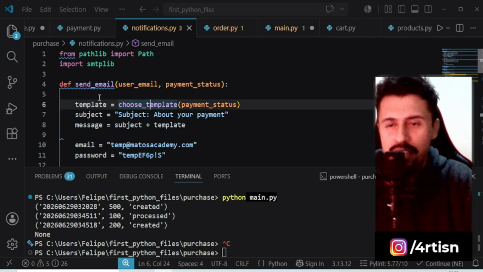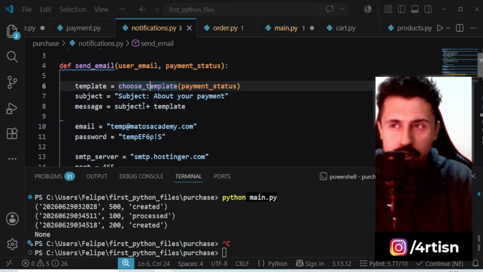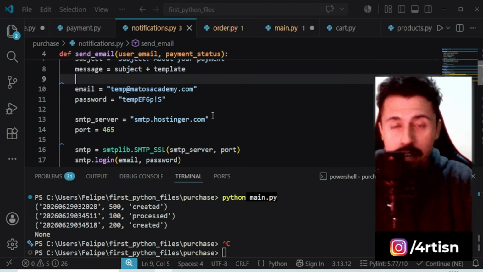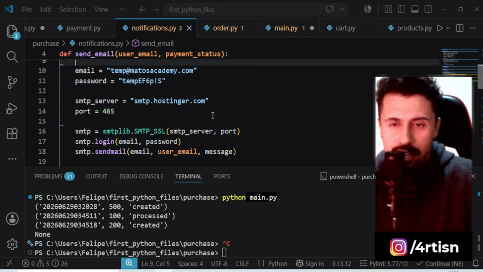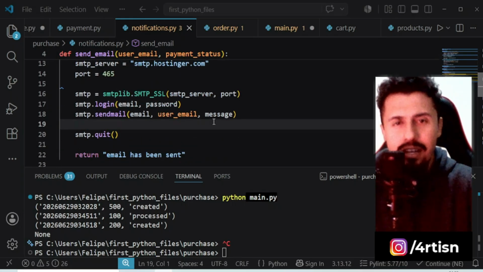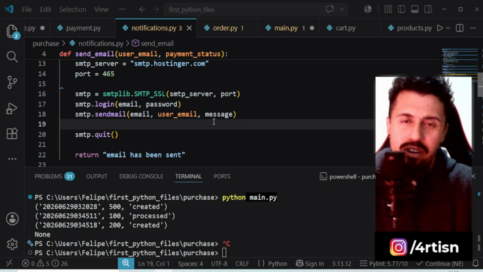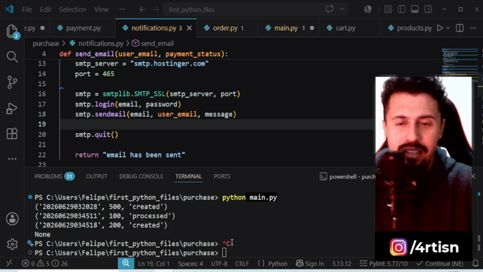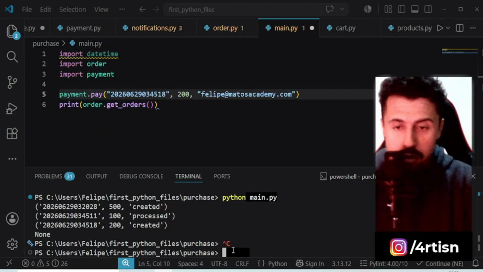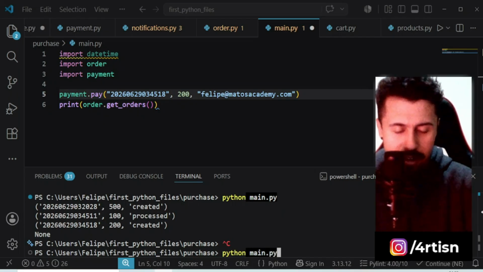But this notification is implemented dynamically because it chooses the template based on the payment status, and after choosing this template, it sends the email. Literally sends, not fake sending or simulating sending. It really sends, and you're gonna see it right now. So let's call our main.py function